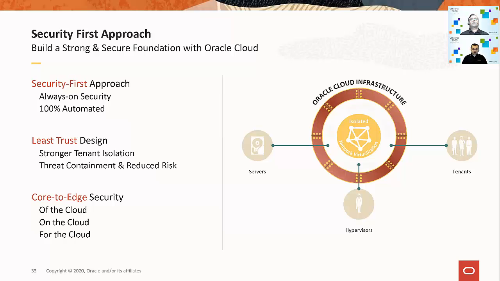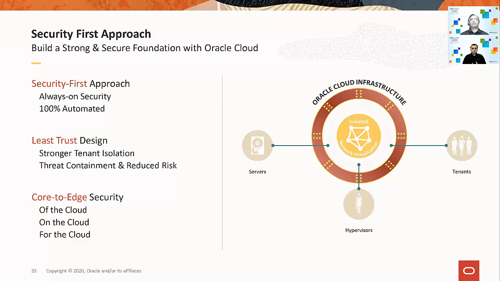Security. Whenever I talk about security at any forum, the first thing that I say, and I quote one of our Oracle executives who spoke about Oracle Cloud at Oracle Open World, is that Oracle Cloud is built on three principles, and they're security, security, security. So it's not an afterthought. It is a security first approach. Our methodology going forward and the way we've designed it, it should be always on security. It should be 100% automated. We should be able to give, and we do give customers, security of the cloud,